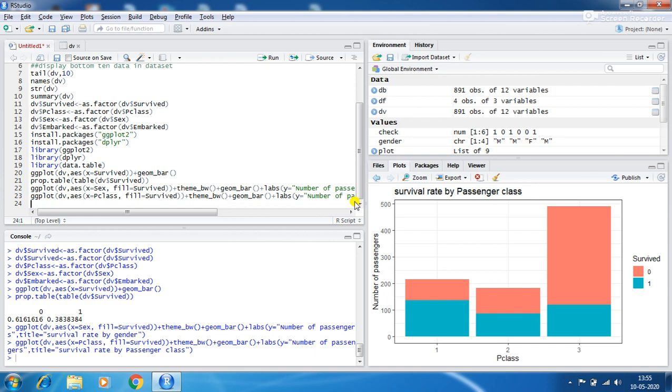Then the survival rate on the basis of class of ticket and gender, both. How to calculate it?